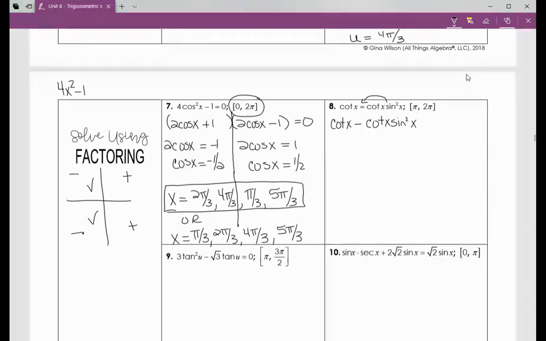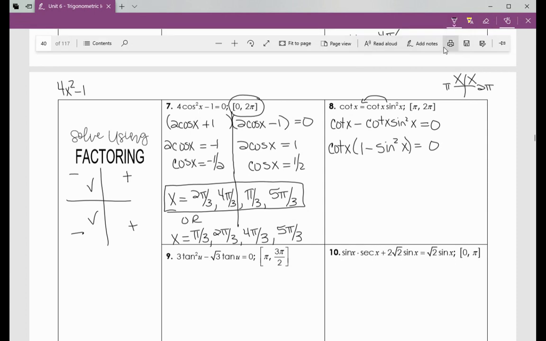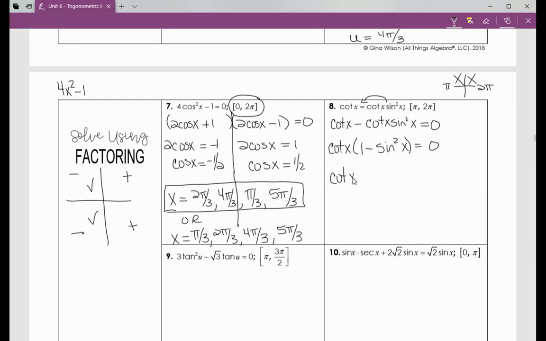I am limited from pi to 2 pi, so I cannot give any answers in the first or second quadrant. I'm going to set that equation equal to 0. I'm going to factor out a cotangent x, which leaves me with the factor 1 minus sine squared x. And then I'm going to solve. So my cotangent factor, I'm going to set it equal to 0. And then my 1 minus sine squared factor, I'm going to set it equal to 0, and I'm going to